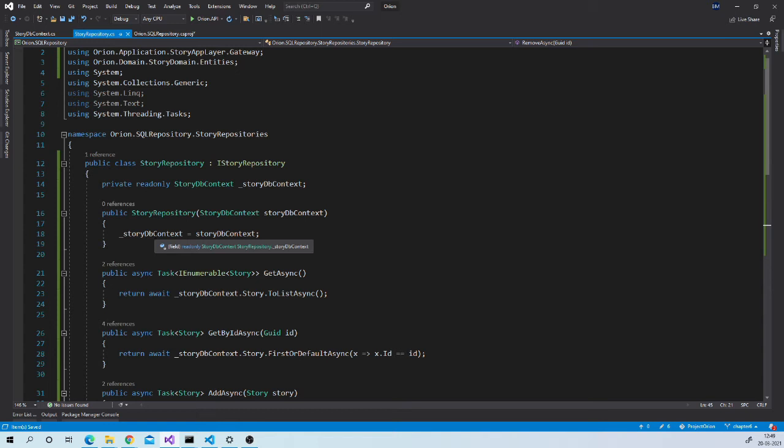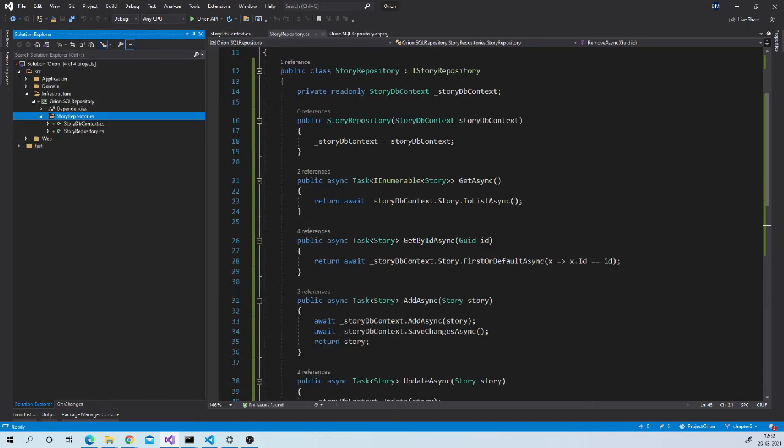In next session, when we will implement Cosmos DB repository, you will see clear advantage of using this pattern, because without writing any single code in our application layer, we will be able to switch our repository from SQL Server to Cosmos DB.